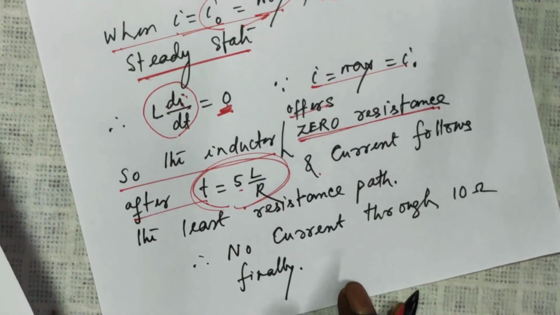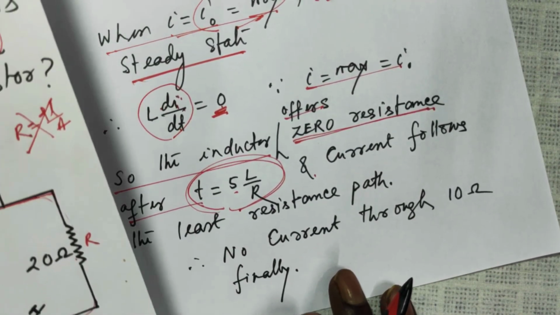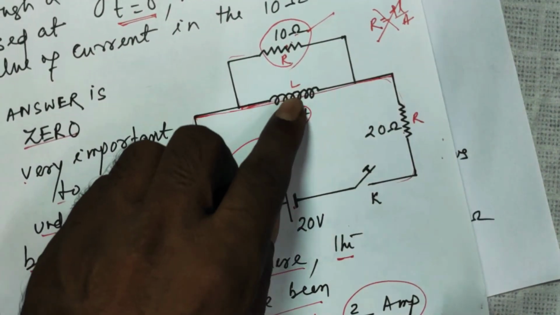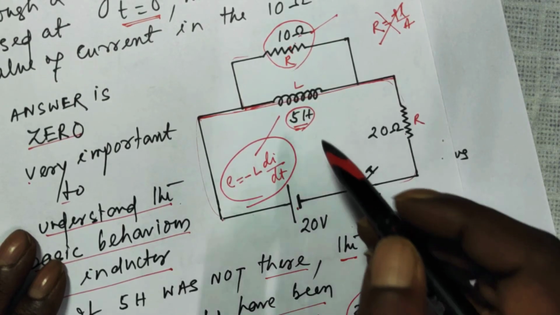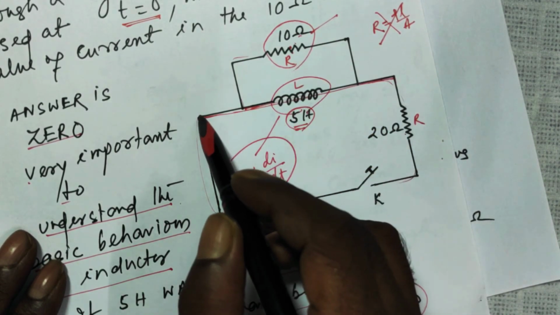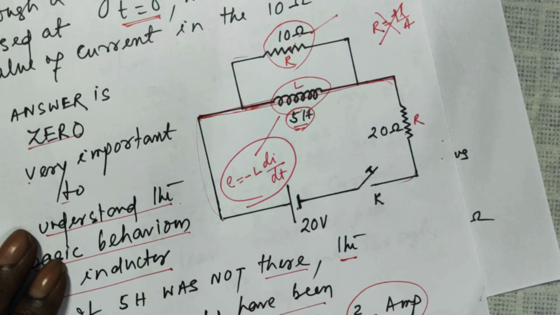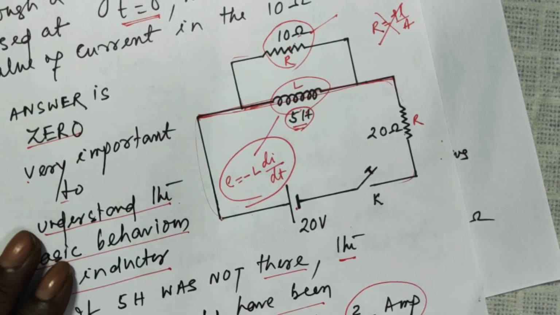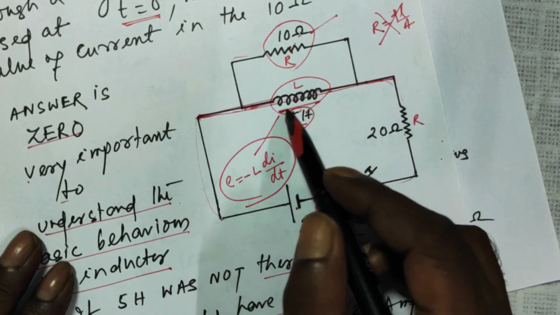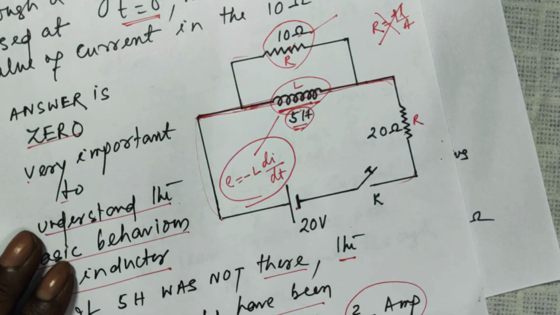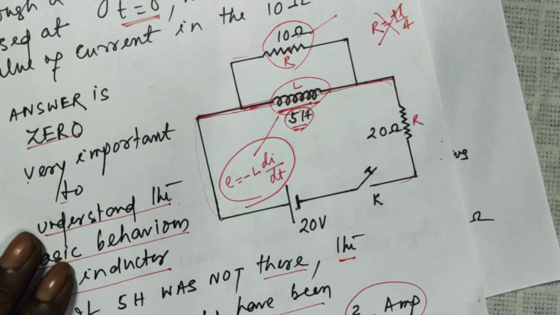So what you have to remember, in circuits containing inductance and resistance, is that the path of the inductor initially offers infinite resistance and finally offers 0 resistance. That is what you have to remember. The path along which you come across an inductor and there is a DC source, initially it offers infinite resistance and finally it offers 0 resistance.